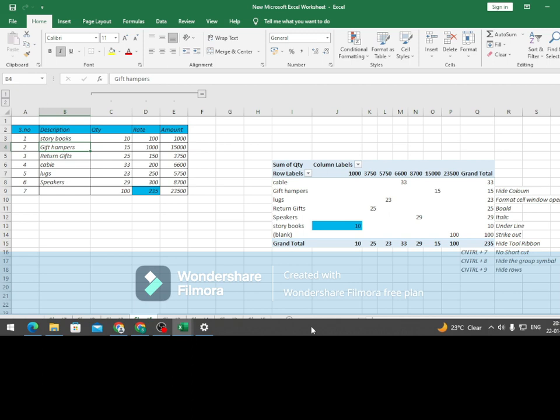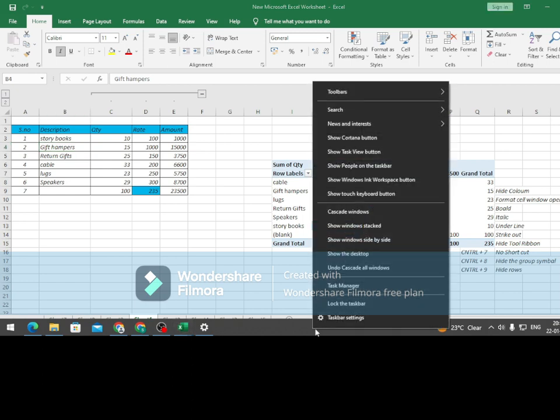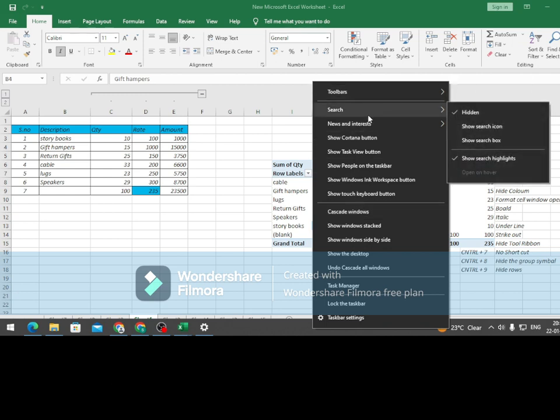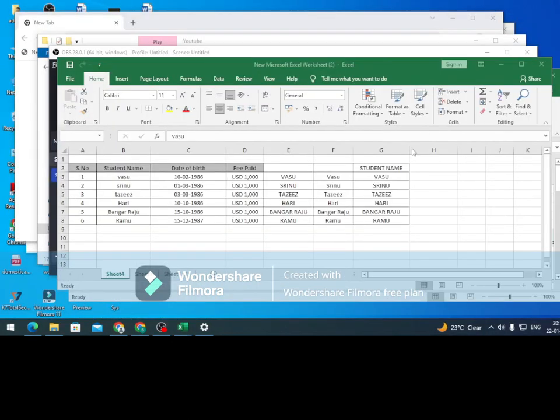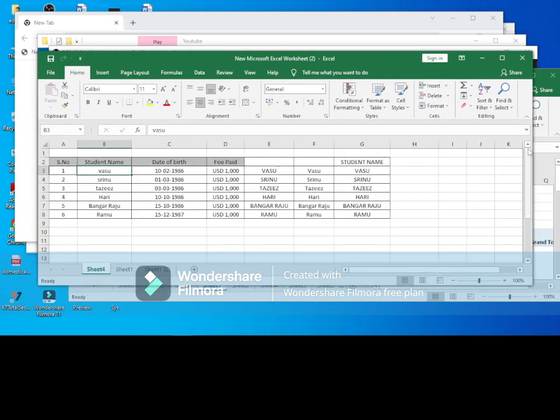Below the ribbon, if you right-click here, there are a lot of toolbars. Here you can select Cascade Windows. When you select Cascade Windows, you see all the tabs are minimized. Then if you want